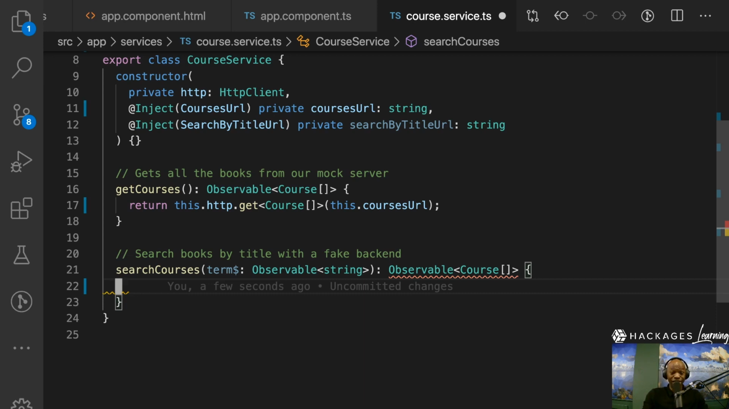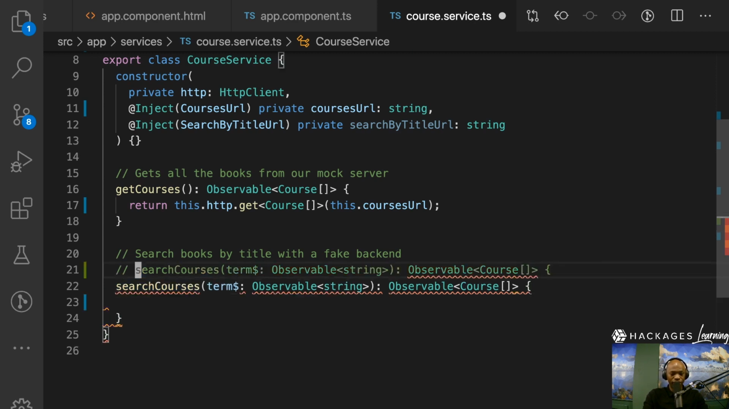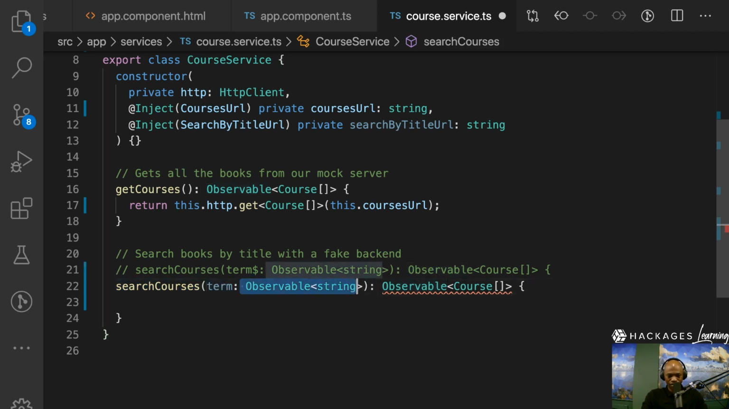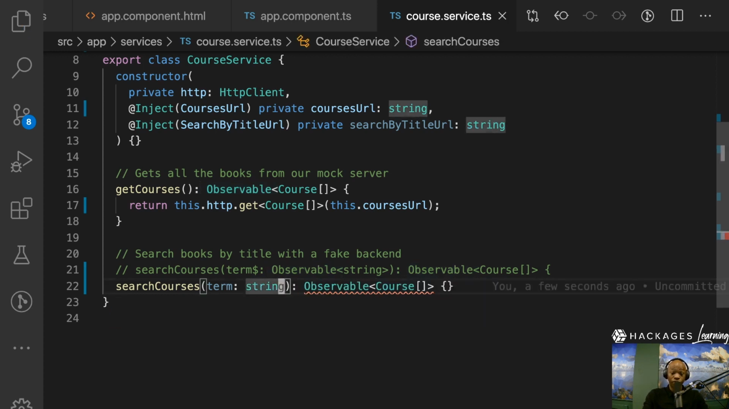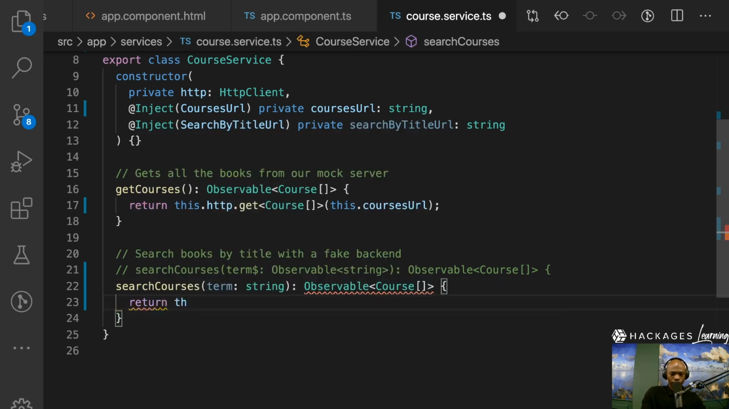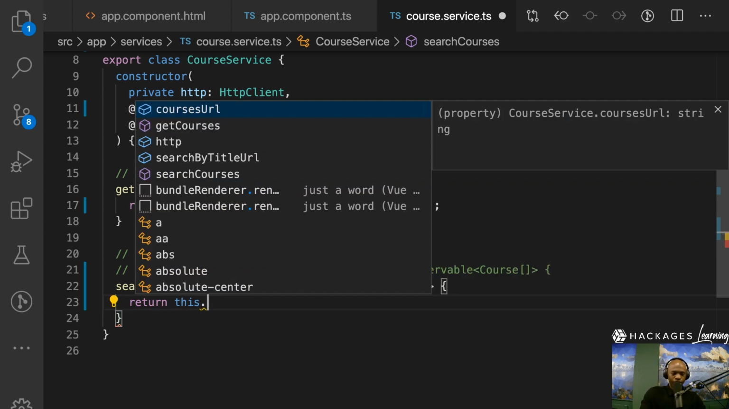Let me actually make that easier for the moment. I'm going to keep that as a string first, and you will understand what I'm trying to do. We're still going to return an observable of courses, but the way you do it, you just say I'm going to call this dot get,